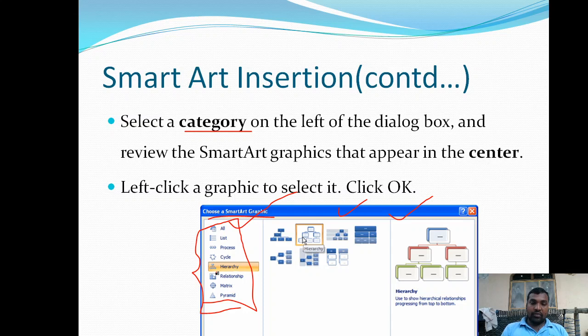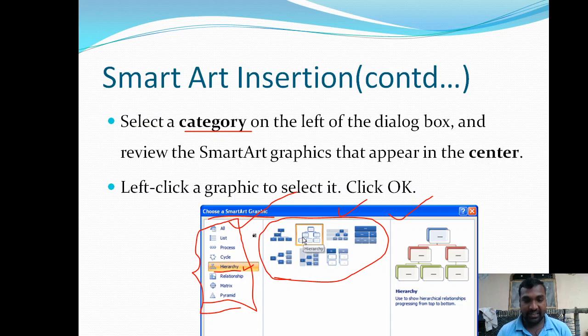Then all the smart art graphics available in that particular category will be displayed in the center panel. These are the available smart art graphics in the hierarchy group.